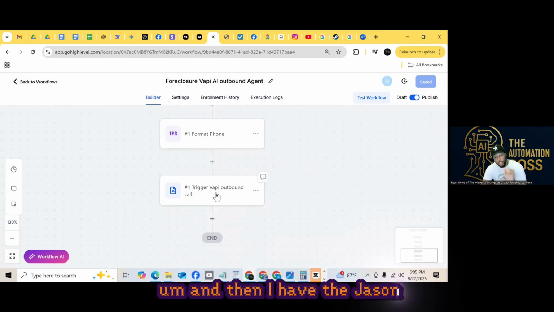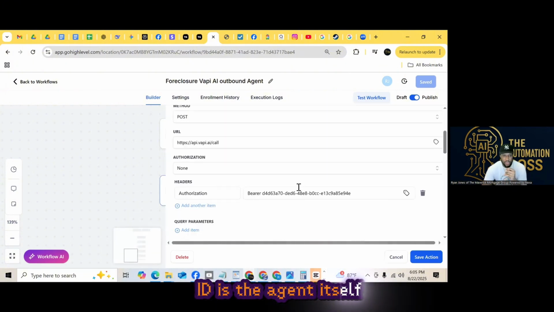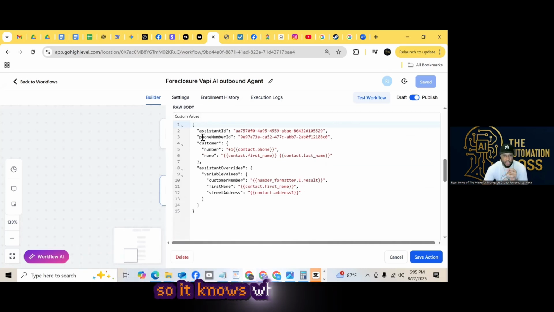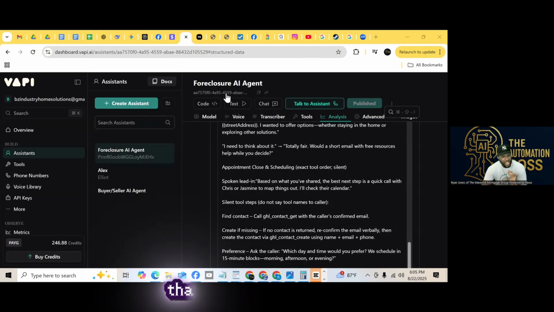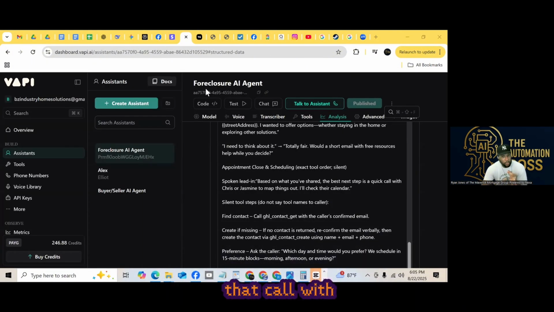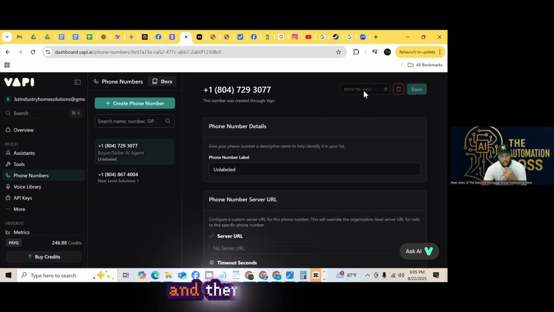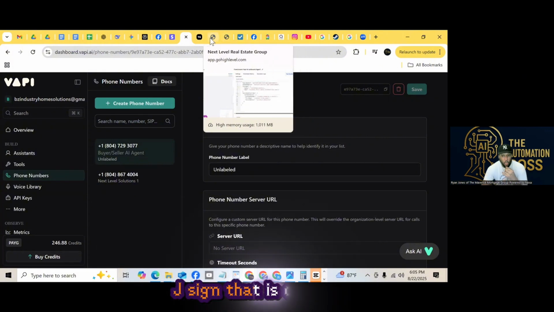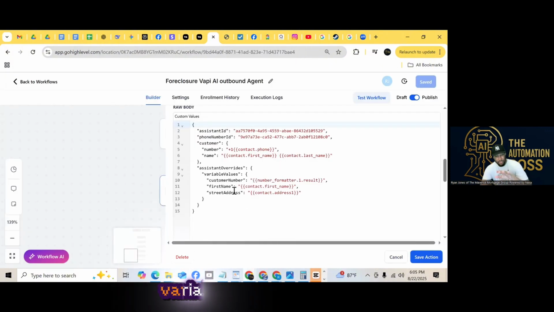Now, this is what triggers the phone call from GoHighLevel, so the call can be made through Vapi. And then I have the JSON in here for the assistant ID. I'll show you, the assistant ID is the agent itself, so it knows which agent to be when it makes the call. And then we have the phone number ID. That's the phone number that it's going to be making that call with. And then this is linked directly into Vapi with the API key. And then this is the custom JSON that is created to have everything. It has a variable